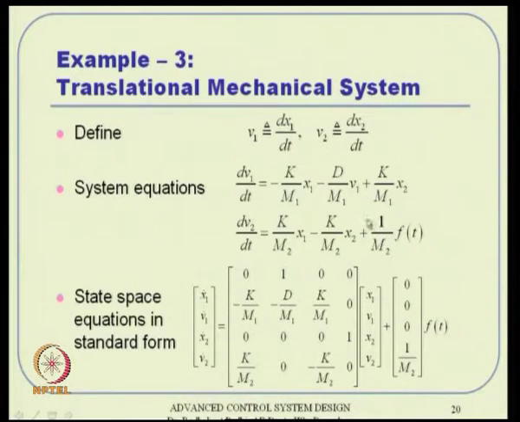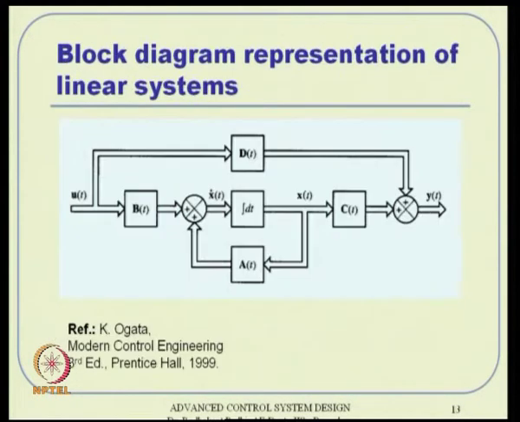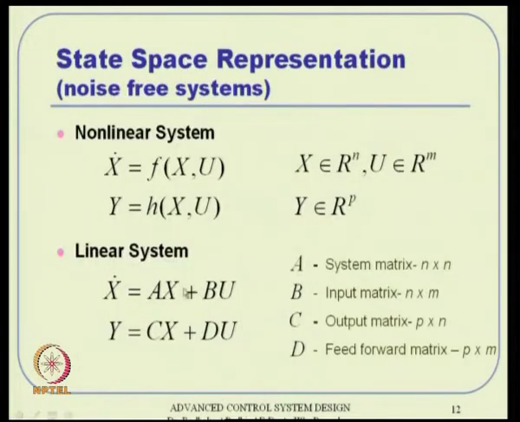But this element is associated with f of t, and f of t is something that we interpret as a control variable. So, this 1 by m 2 will go to the control matrix, actually the control influence matrix. The B matrix is typically, by the way, if you go back to these equations, in general, this is what is called the system matrix, this is what is called the control influence matrix, and this is what is called the output matrix and things like that actually.